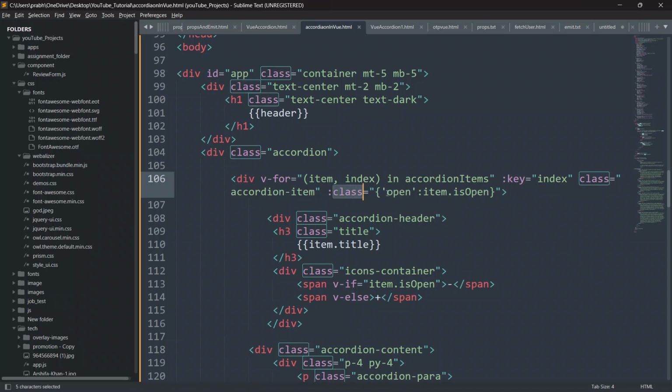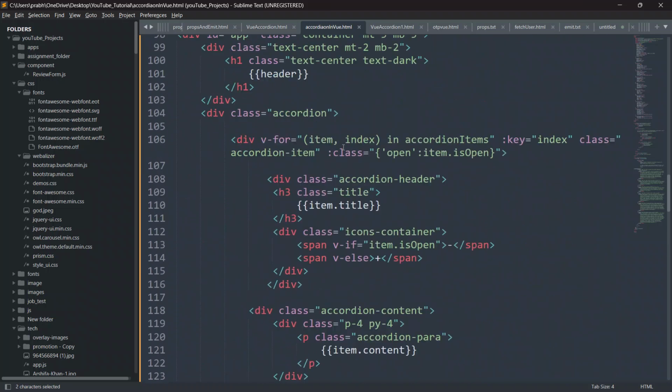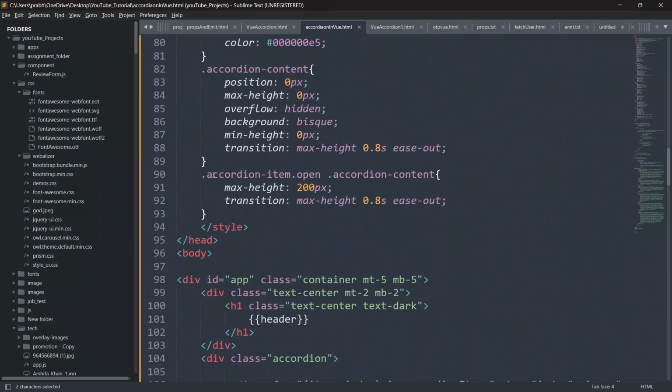So we will apply this open class dynamically on this accordion item, because the condition will return true, and we will apply this open class to this accordion item dynamically, because we have given is open as true for the first element of the array of objects. Okay, and it will return true. So we will say here the accordion item has the open class,